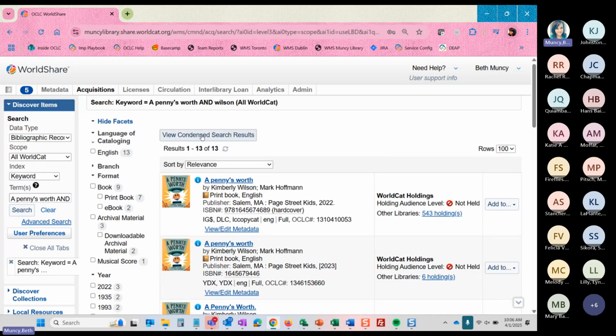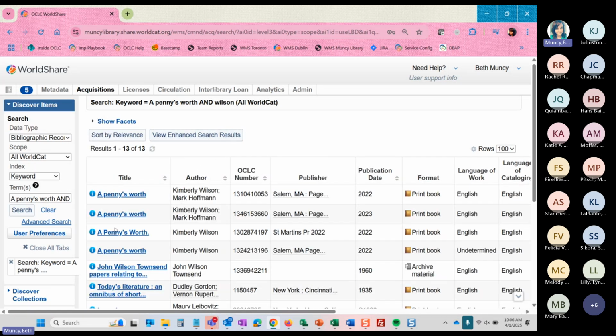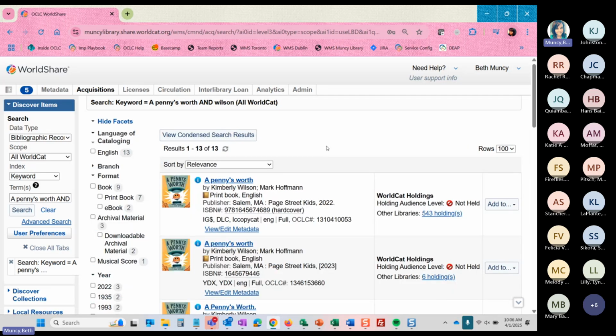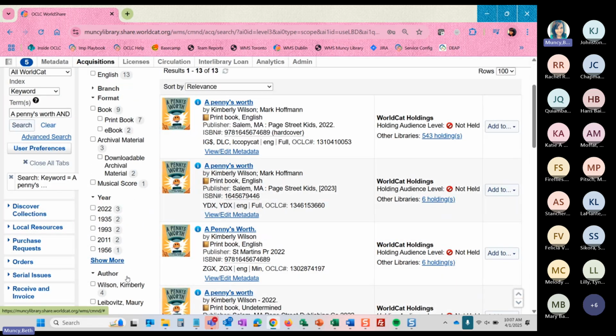Or I can look at a condensed view, which is going to take out my cover art and show me additional information pulling from the WorldCat record. But I will keep that enhanced view with the cute photo of our cover. Now, once I've filtered down as I need to, I can take a look at some information that's provided on